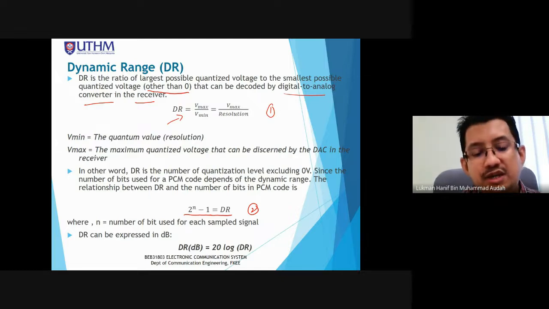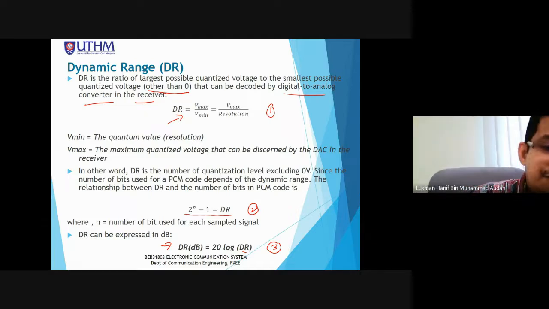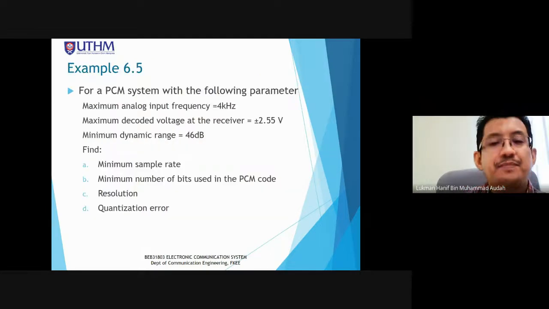Okay, dynamic range juga boleh disebut dalam sebutan decibel, which is equal to 20 log dr. Okay, so ini dalam decibel. So we can say that this is the third equation. Okay, n is the number of bit. Okay,